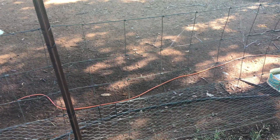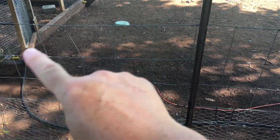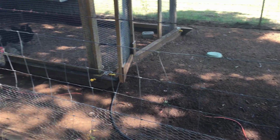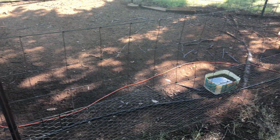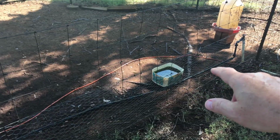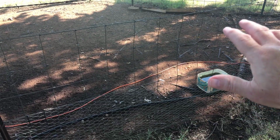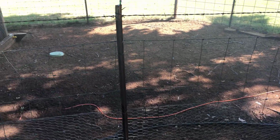I just now turned it on, but after a while you'll see a dark area here where it's wet the ground down. Now what they love to do, and I do this for them every day in the summer, is I'll come out here and just take the hose and wet down the ground, and they'll just come. That's where they'll camp. In fact, they sit here waiting on me, because this is a shady spot anyway. We've got a lot of shade, but they come up here because they know that's where I'm going to wet down. Once I get it wet down, they'll just sit there and camp out because they love the